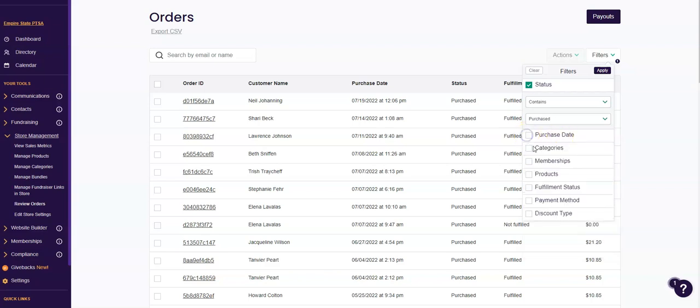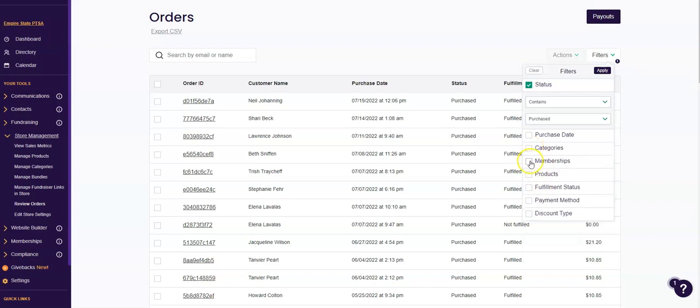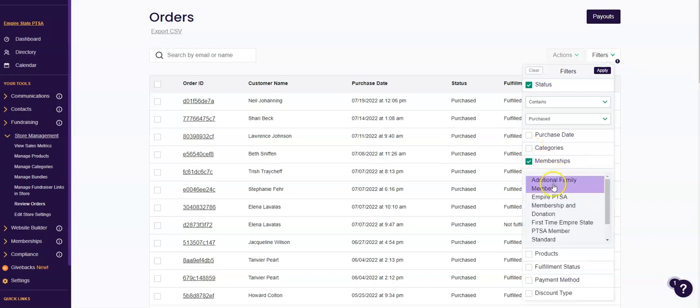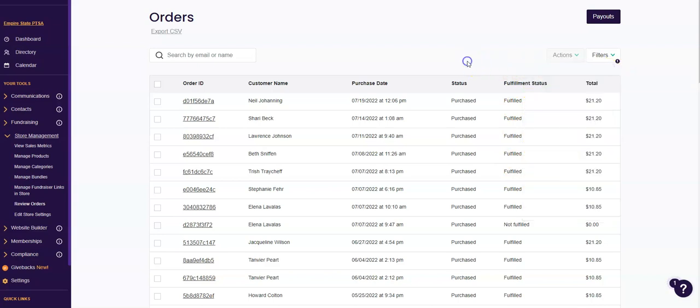You can click into categories and have it only be donations or items or any of the different categories that you've set up. You can click into memberships and only have particular types of memberships. So any way that you want to filter this list, either to view it or to export it, you can filter first and then click to apply the filters,